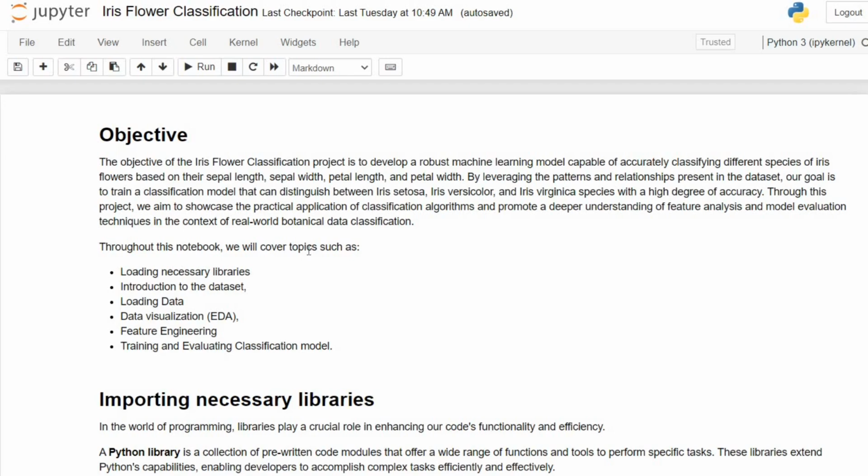Throughout this course, you will not only get hands-on experience with real-world data, but also learn essential skills in data pre-processing, model selection, evaluation, and visualization. By the time we are done, you will be equipped with the tools to tackle classification challenges and expand your machine learning expertise. This is a very basic project and you can say that it is a hello world project